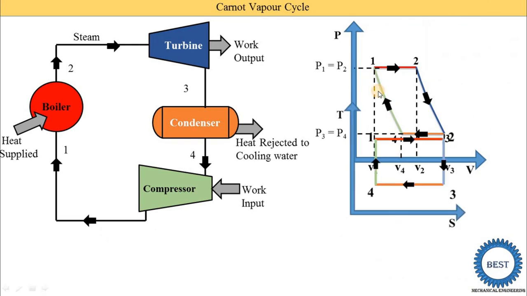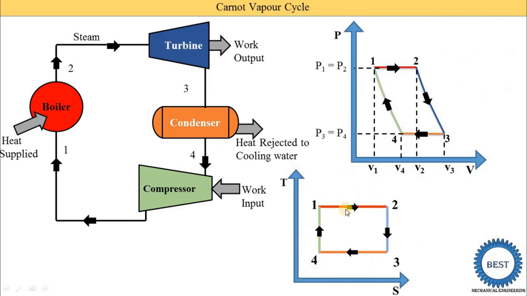Now here you see the TS diagram. What we studied is that the heat supplied and the heat rejection are carried out at constant temperature. So we draw a horizontal line for the process 1 to 2, that is the isothermal heat addition, meaning temperature remains constant. When we take the projections of point 1 and point 2 on the y-axis, we get the same point, meaning T1 is equal to T2. In the turbine, temperature is reduced at constant entropy, so we draw this type of downward line because temperature is reduced and entropy remains constant.